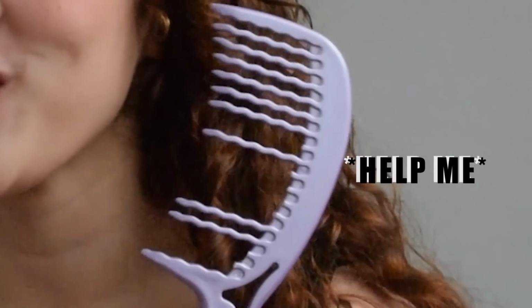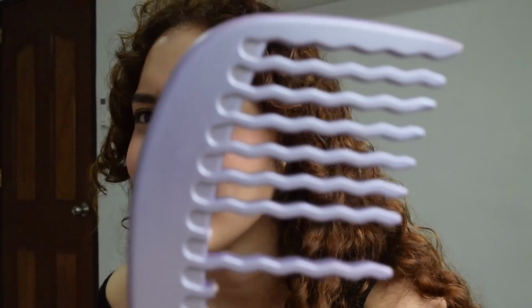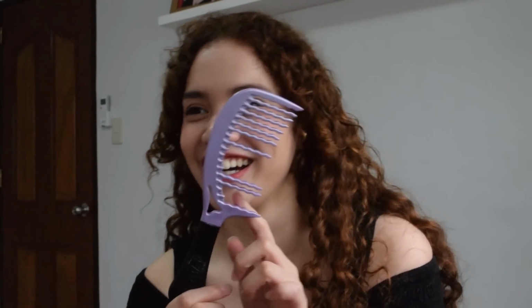Eto, pinagtatawanan to ng mga friends ko nung nakita nila. Syempre, masisira talaga to. Pero ito, hindi to nasisira. Pero ito, maganda talaga siya. Yung hands ng comb is pa-wavy. I think I'm gonna buy a new one kasi pag nasira na tong lahat. Nasisira talaga siya, lalo na kapag mahirap suklayin. Yung way ng pagsusuklay ko is hahawakan ko siya dito sa topmost and then softly ko siyang tatanggalan ng buhol-buhol